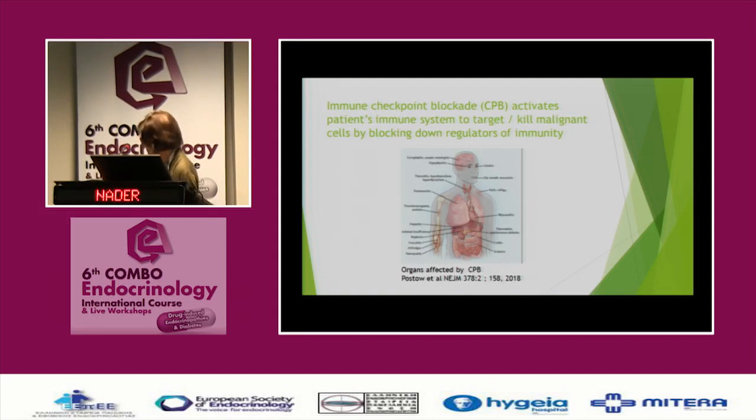And here's a diagram from a very up-to-date review published in the New England Journal of Medicine. It was published in January of this year, and as you can see, multiple organ systems are affected: uveitis, dry mouth, vitiligo, myocarditis, type 1 diabetes, of course thyroiditis, hypophysitis, colitis, and central nervous system effects, and so on. They are really pervasive in their actions.